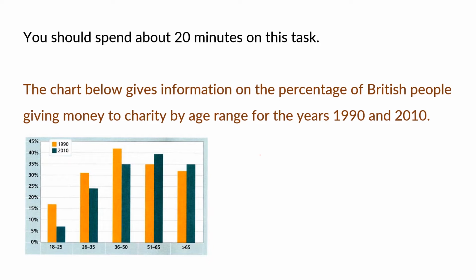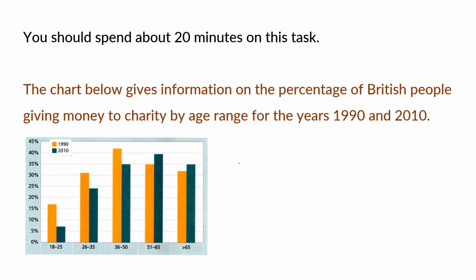Now this is the main question here. The chart below gives information on the percentage of British people giving money to charity by the age range for the years 1990 and 2010. On the left, you can see, below the bar chart or the bar graph,